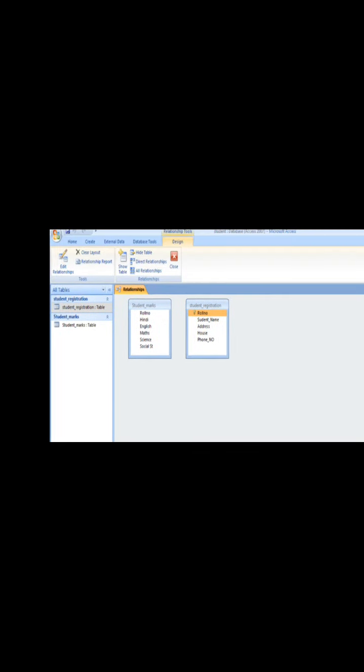So I have selected these two tables from Show Table. Here you can see the Show Table command; you can click and you will get a dialog box. Select the tables between which you want to create a relation. See, these two tables I have selected, the student marks and the student registration. Next, to create a relationship.